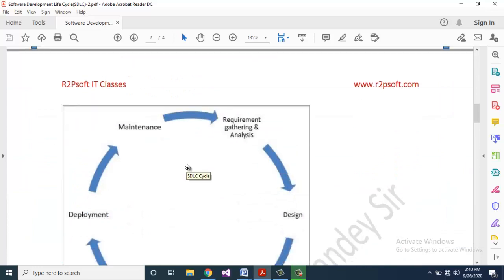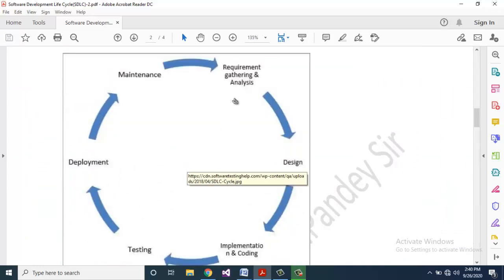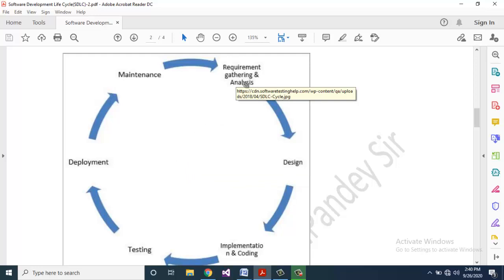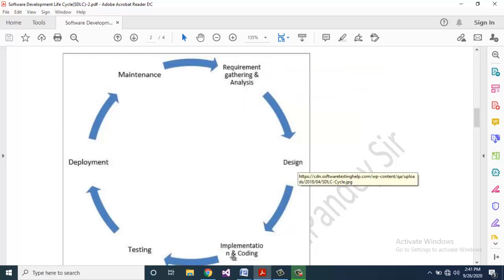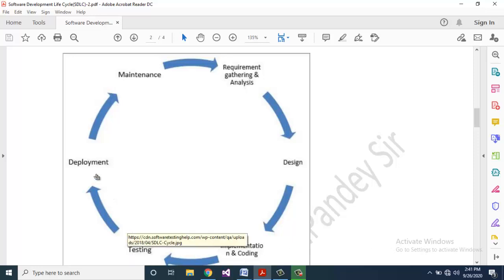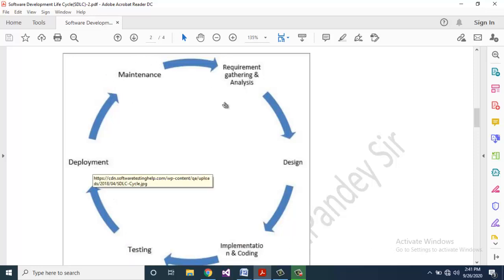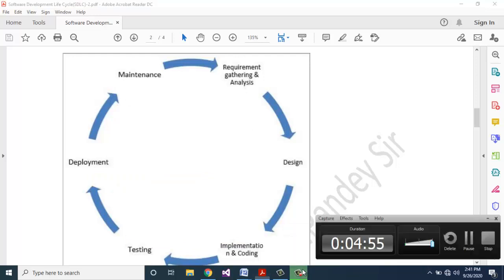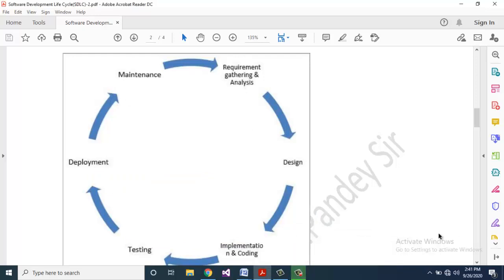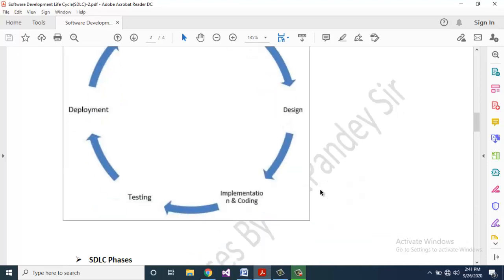Here you can see requirement gathering and analysis, design, then implementation and coding, then testing, then deployment and then maintenance. Friends, let's proceed.